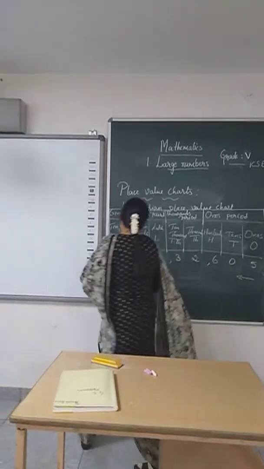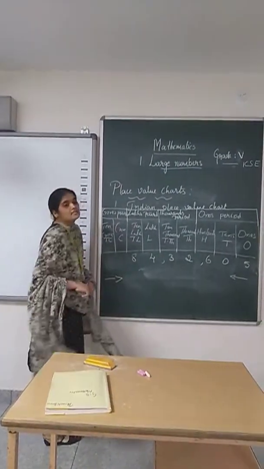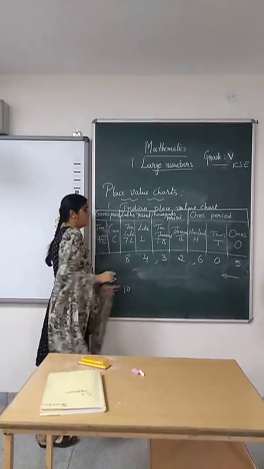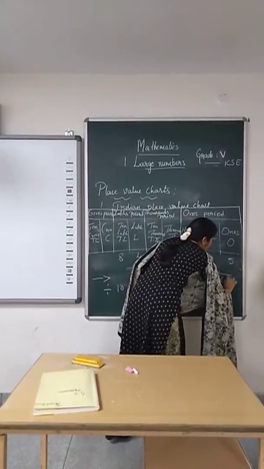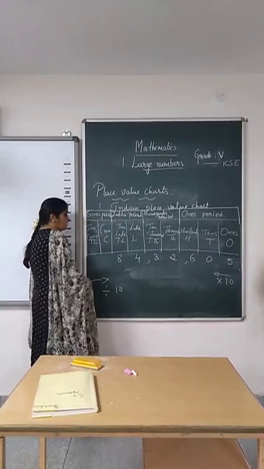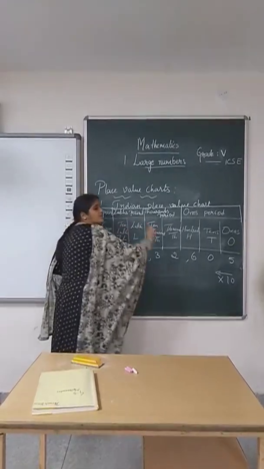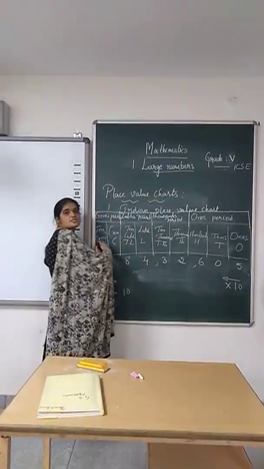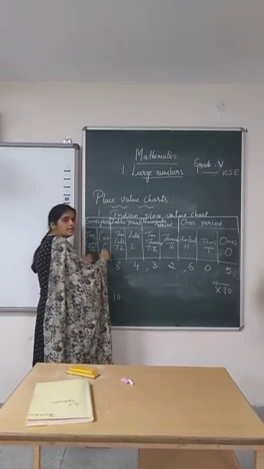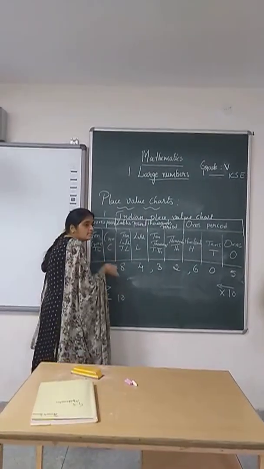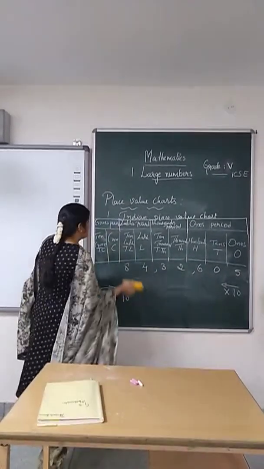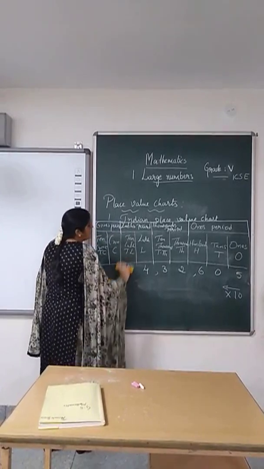When you move from your left to right in the place value chart, the value decreases by 10. Here it will get multiplied by 10, 10 times it goes on increasing, and when you move from your left to the right, that is from the highest place towards the least ones, that is 10 crore to crore, when you divide 10 crore by 10, you will be getting crore. That is, its place value goes on decreasing. This is about the Indian place value chart.